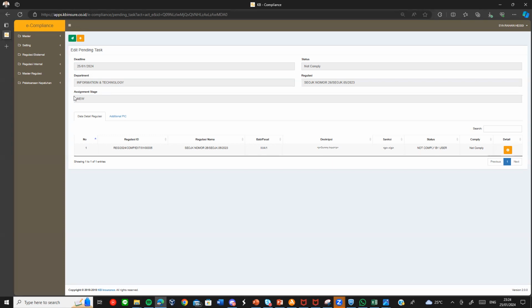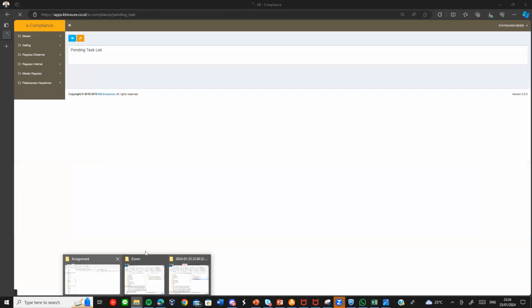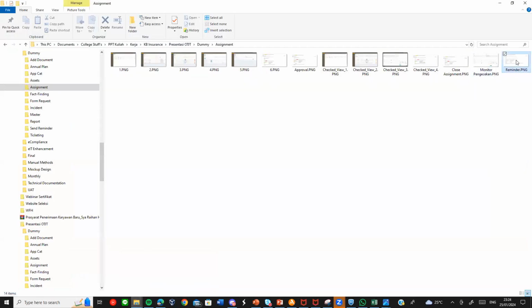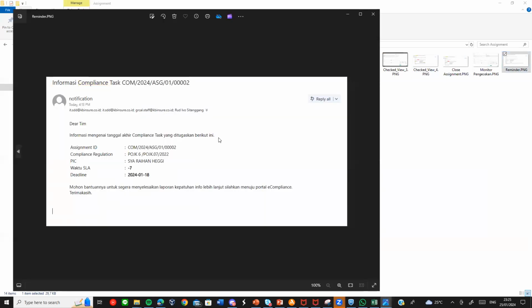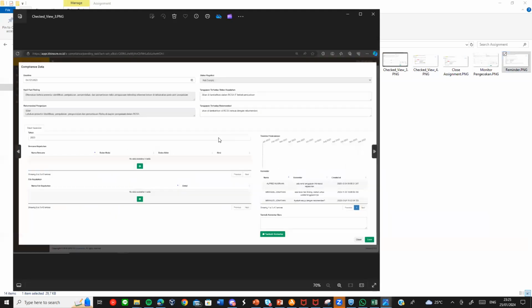We see the assignment status is already new, but if we click save post, the system will send the notification to the compliance unit officer, requesting a review for the compliance team.